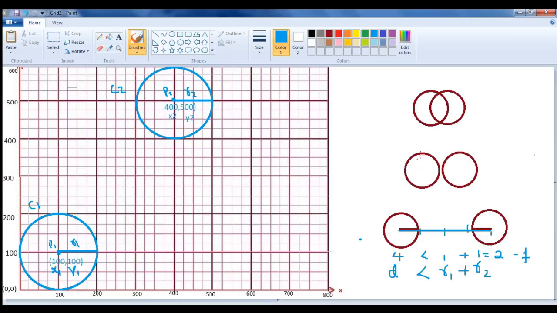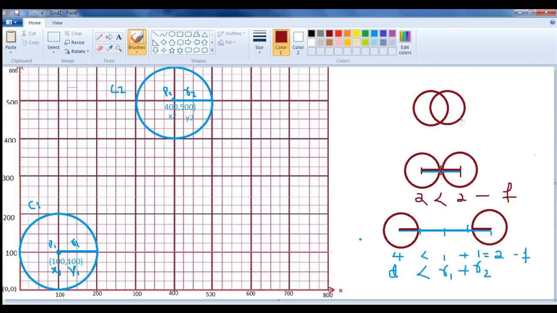Now let us come to this place. Here also it is the same thing. We find the distance between the 2 points or centers, and of course both have a radius of 1 unit. Radius 1 plus radius 2 is 2. That is always constant, right? We are not changing any radius. So 2 is compared with the distance. From here to here is 1 unit, and from here to here is 2 units, so we write 2. Is 2 less than 2? The condition is false. As the condition is false, we say that these two circles are not overlapped.